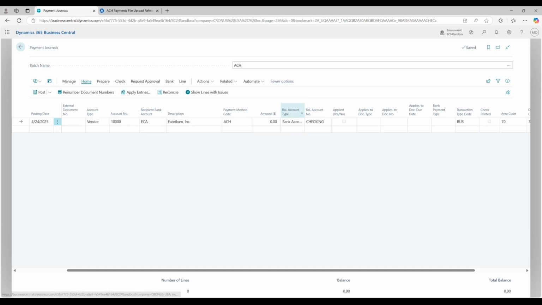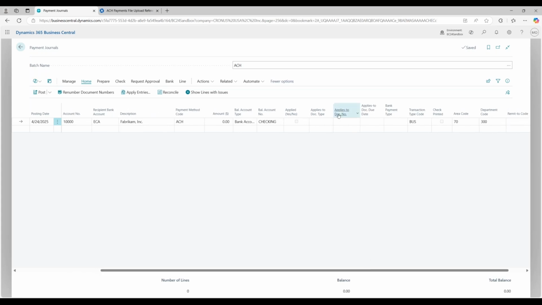And then your balance account type. This should typically be set to your bank account, and your balance account number should be the bank account that you are issuing this ACH payment from. So in this case, we'll select our checking account, and then I will go ahead and under the applies to